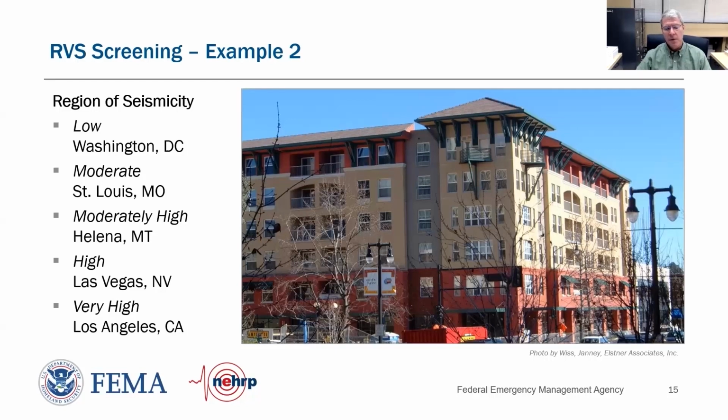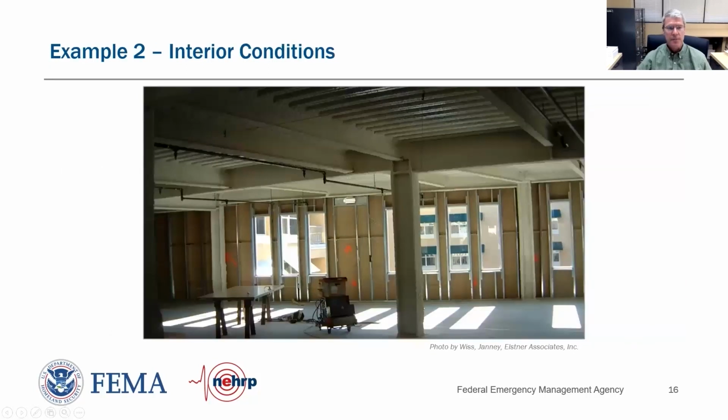And so those regions might be for low, Washington, D.C., moderate, St. Louis, Missouri, moderately high, Helena, Montana, high, Las Vegas, Nevada, and very high in Los Angeles, California. So if we were to take an S1 building type, steel moment frame, as if it was in each of these areas, and then look at the scores or the basic scores for the building for this,